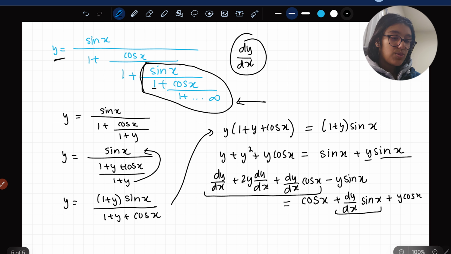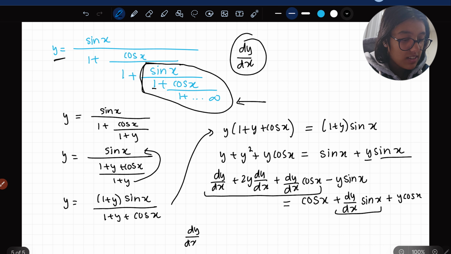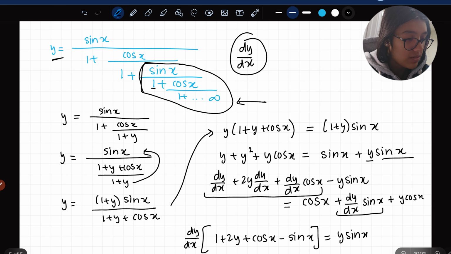Let's take those all to one side. And I'm actually going to do this in one step. I'm going to take dy over dx to one side, and I'm going to take it out of all the terms. So dy over dx times (1 plus 2y plus cos x minus sine x) is equal to y sine x plus cos x